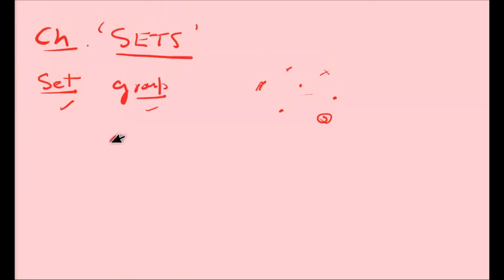But you are writing here A, E, I, O, U. Is there any relation between A, E, I, O, U? Yes, these are the vowels. So you can say in a single line that these are the vowels. So it is a well defined group, but the other things are not well defined. We can say there are some things in a group, they are together, but we cannot say they are well defined. So what is the big difference between set and group?